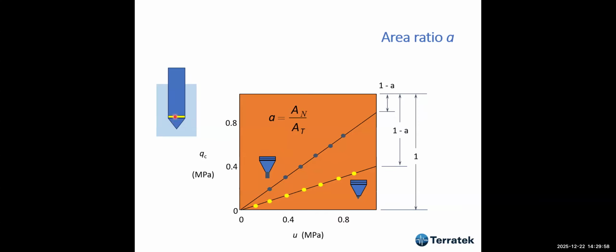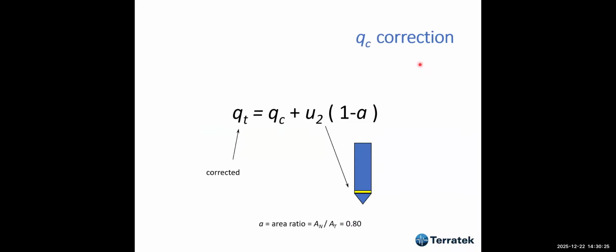you apply water pressure on the cone by having something like that. And the ideal cone would have the applied water pressure the same as QT. Okay, this would be an ideal cone, which is impossible. So all cones have a deviation from the ideal situation, and the A value is what we call the area ratio, and the area ratio allows correction. So most cones have this area ratio equal to 0.8, okay? And this is the correct value.